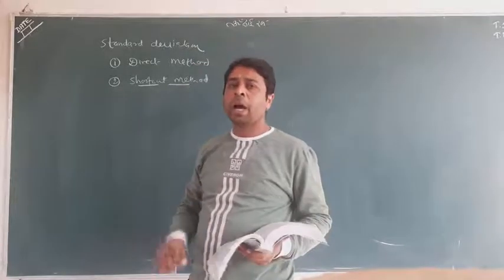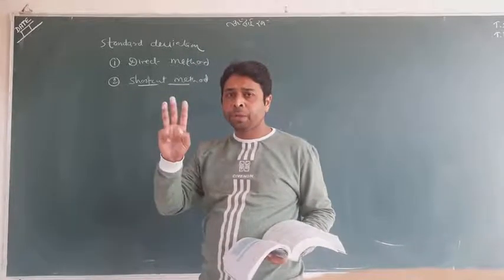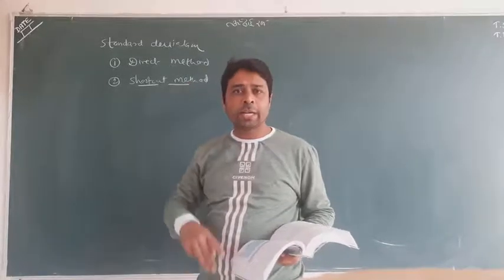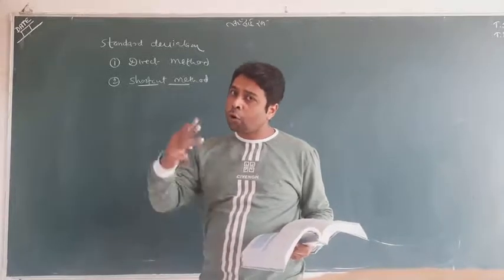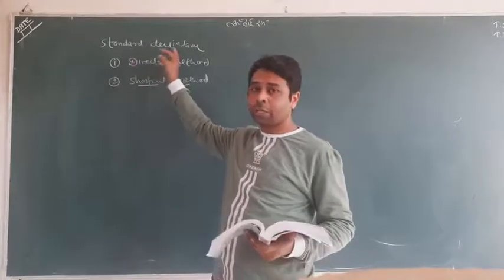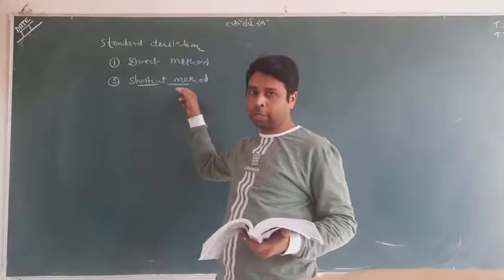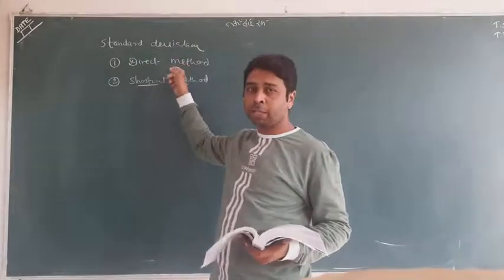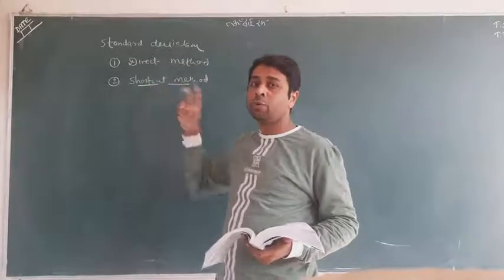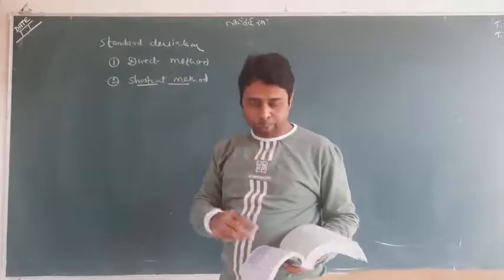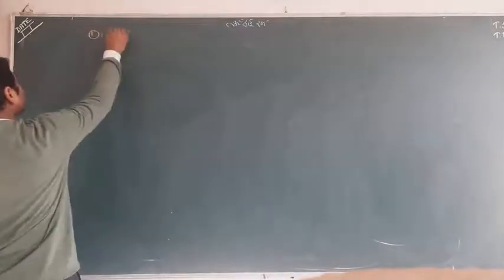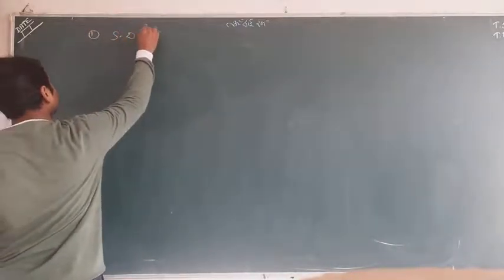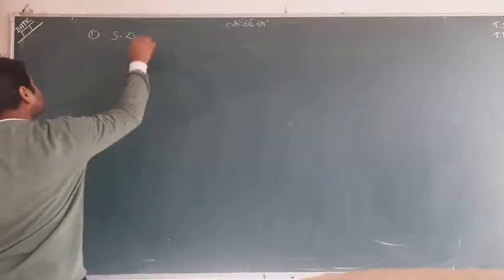I am going to take 3 questions, because we have 3 kinds of sequences: individual sequence, discrete sequence, then continuous sequence. In all 3 sequences, we will find the standard deviation by the shortcut method. I will not discuss the direct method. What is the shortcut method? According to the formula we will go. First I tell you one example, and I am taking a sequence here. Standard deviation is normally called sigma.